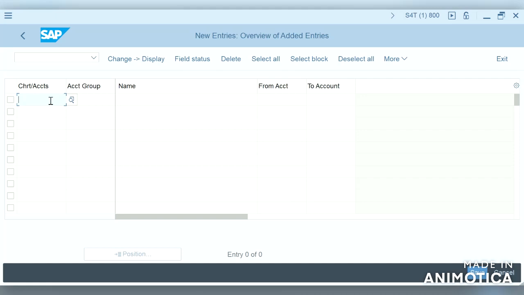So new entries, chart of accounts, account group, balance sheet. We will create account group of balance sheet. So let us start liabilities accounts with 1000 and asset accounts with 2000. So we end with 2999, and profit and loss accounts P and L, profit and loss,